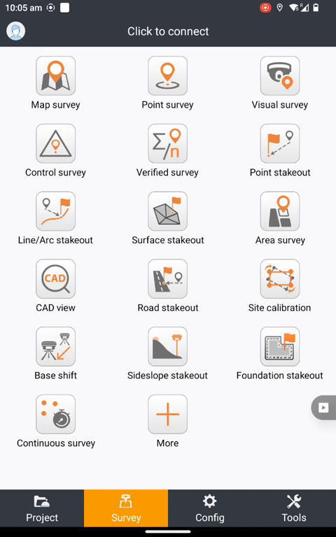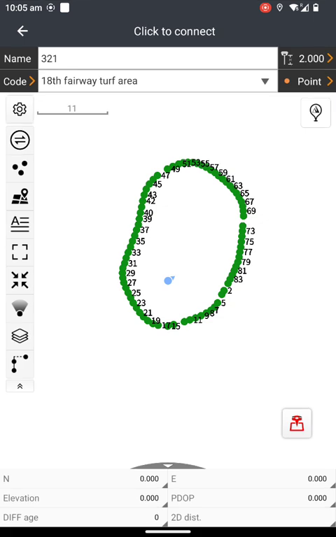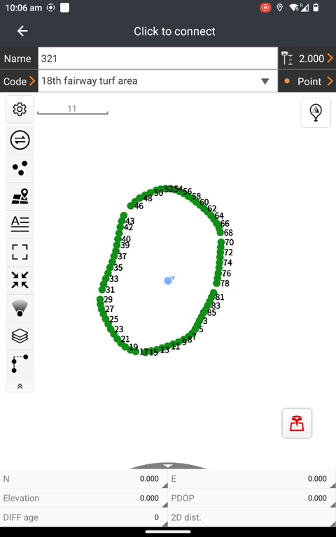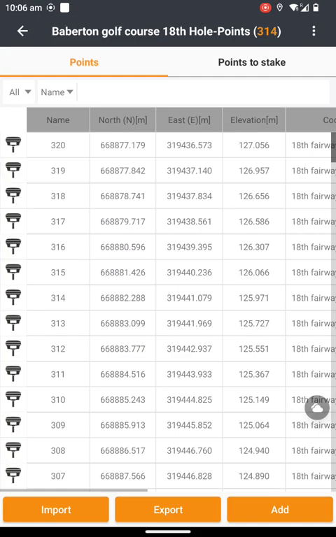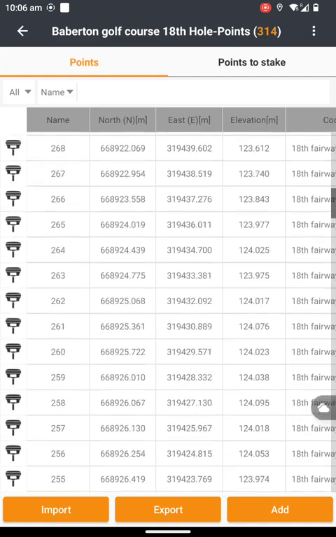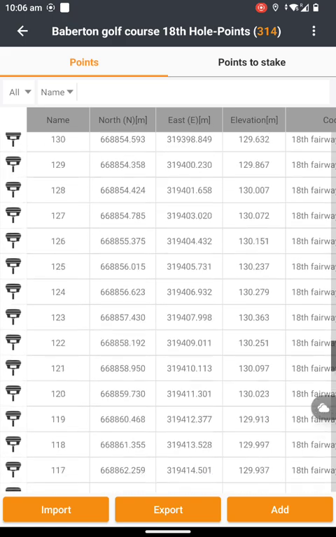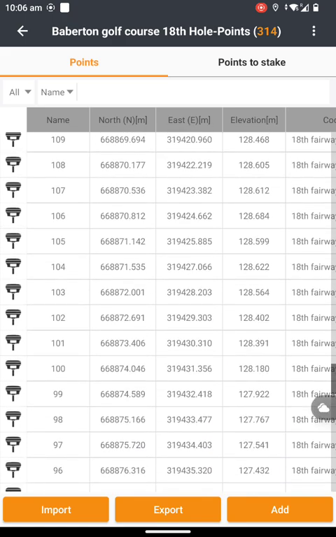So if we have a quick look in our survey, we have a boundary recorded in points of the 18th green of a golf course, and at the moment we're just looking at a flat selection of points. If we look at those points by pushing the points reference, we can see that we have changes in height along our elevation column,